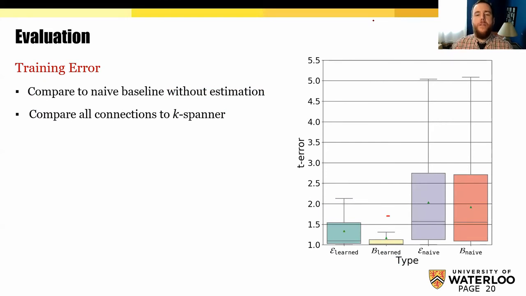As a basis for comparison, we use a naive estimator approach. In the naive estimator approach, we don't estimate the user weight W, we choose it randomly, construct a lattice using that user weight to define costs, and then solve the minimum k-spanning control set problem on that